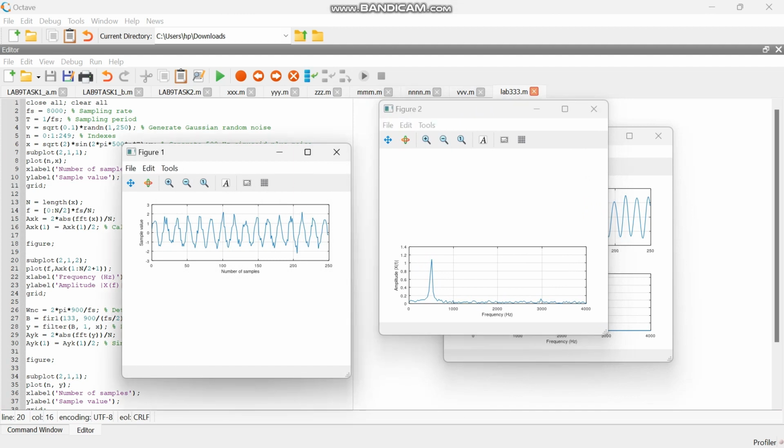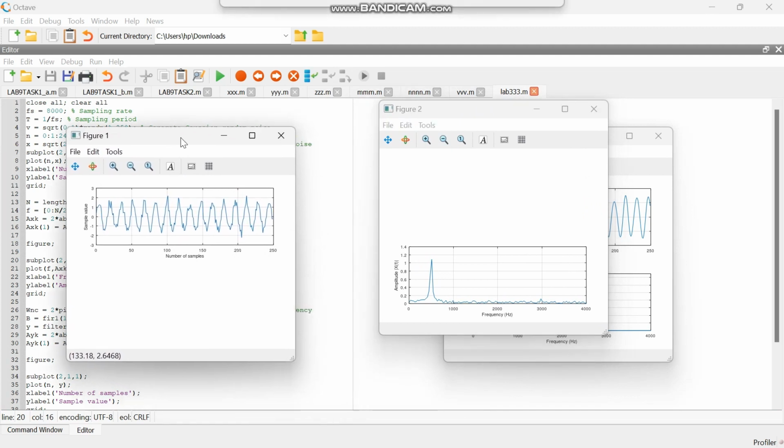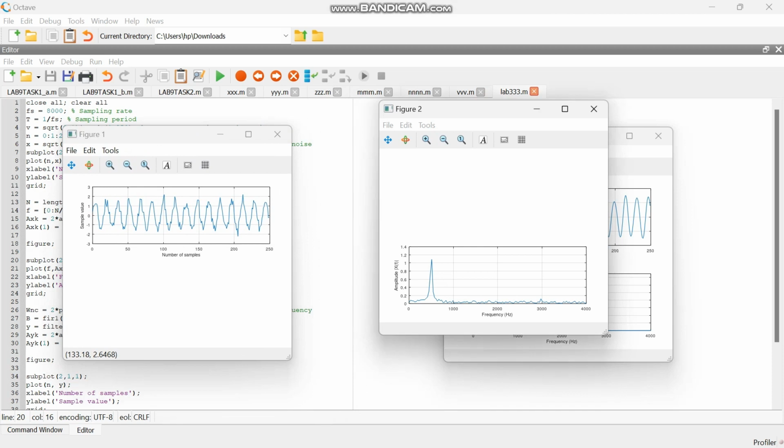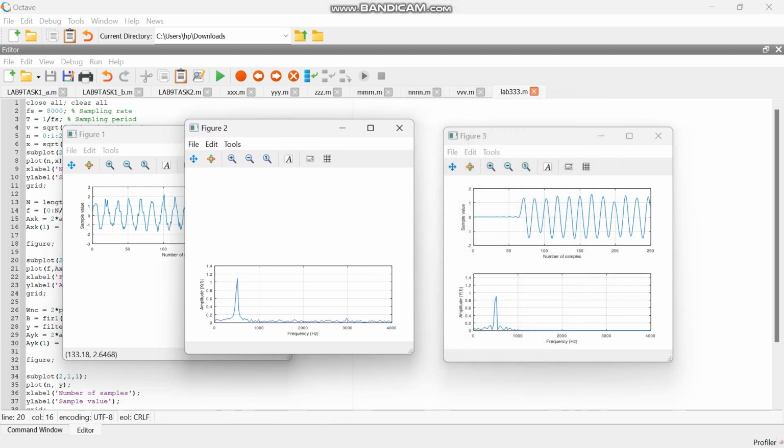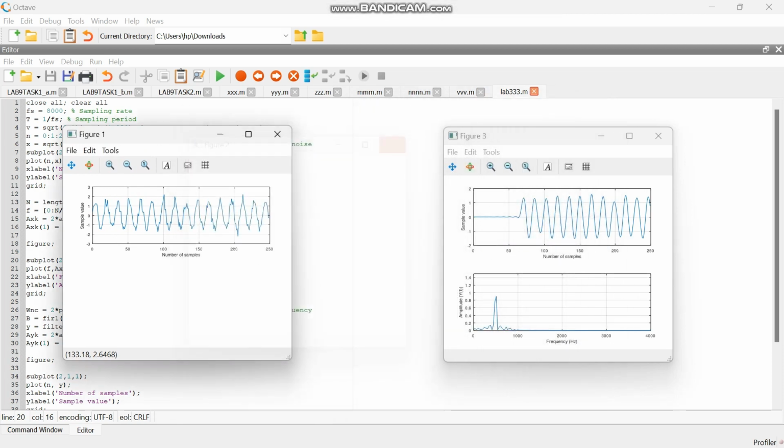Here's the number of samples and the sample value. Then we have the amplitude and the frequency response, and then we have the number of samples.